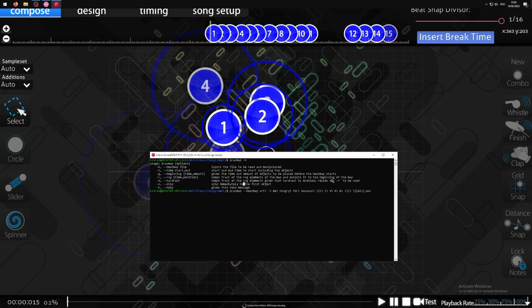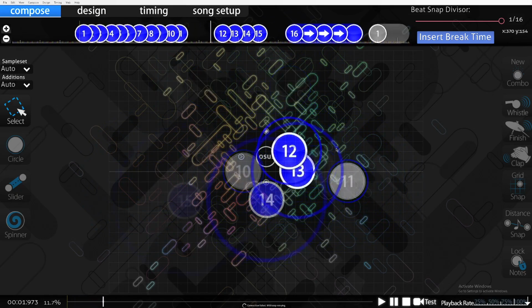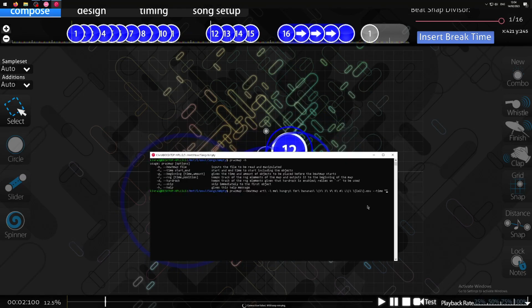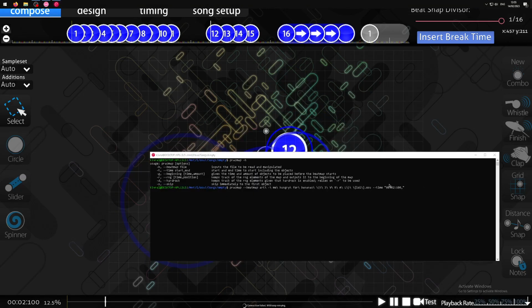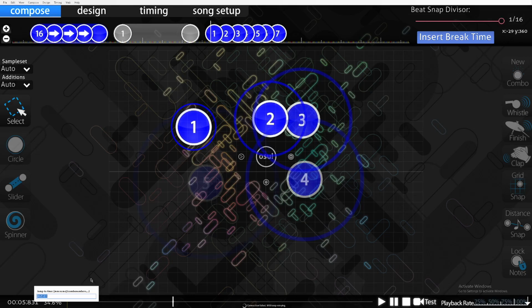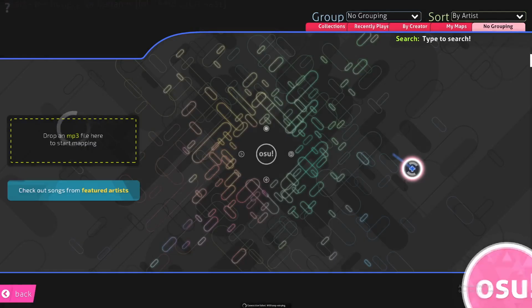So now let's do the --time or the -t command, and we'll quickly do it like this. Let's say that I want to start this section over here that I want to practice. So then I'll paste this here. Let me extend it a little bit more. And then let's say I want to practice all the way until here. So let's copy that and paste it. So now when we press enter and we go back,